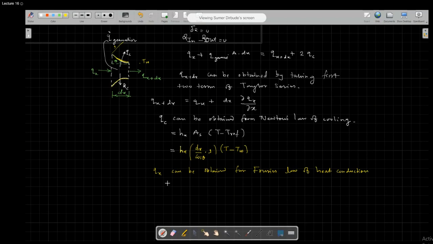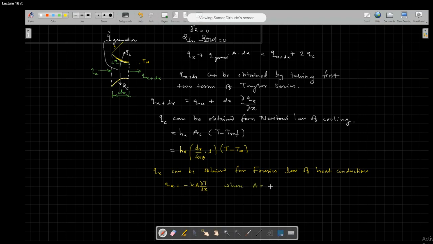Fourier's law of heat conduction says Qx equals minus K dT/dx, isn't it? So substituting this, where A is